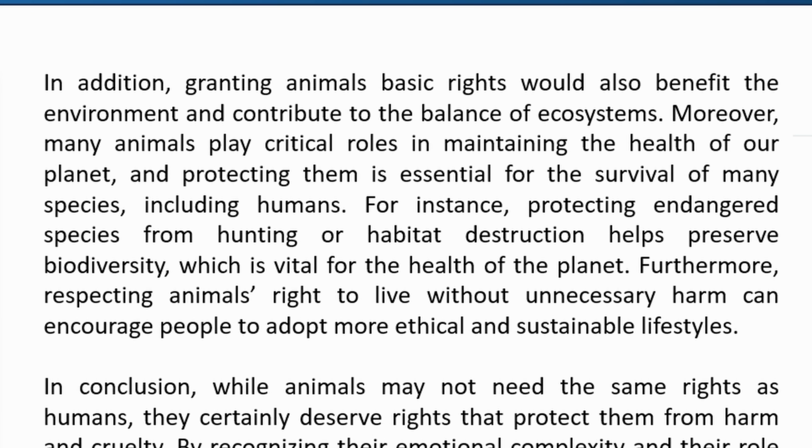Moreover, many animals play critical roles in maintaining the health of our planet, and protecting them is essential for the survival of many species, including humans. For instance, protecting endangered species from hunting or habitat destruction helps preserve biodiversity, which is vital for the health of the planet. Furthermore, respecting animals' right to live without unnecessary harm can encourage people to adopt more ethical and sustainable